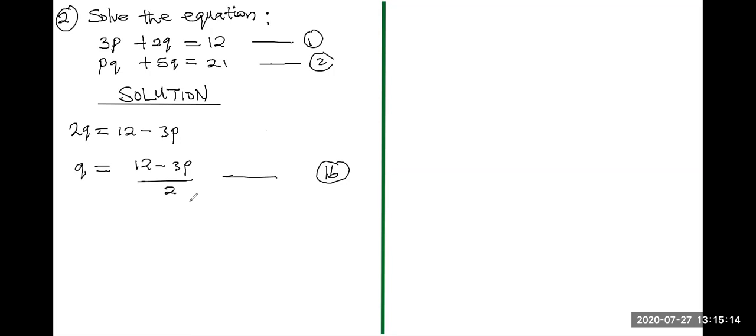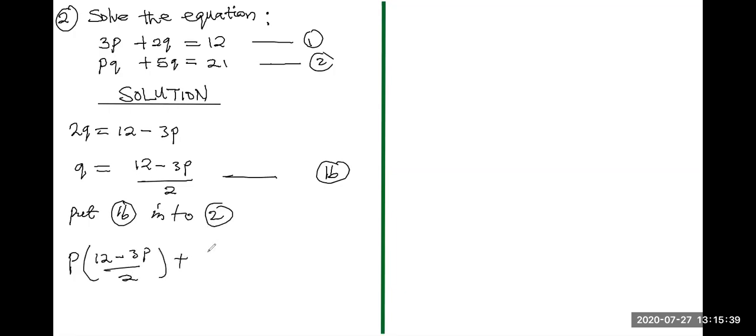So I will not go back and put it into equation 1, but I'll put it into a different equation altogether. I will now put 1b into equation 2, which is a different equation altogether. So I will now have p multiplied by q, and my q is what? 12 minus 3p over 2, plus 5q, 5 multiplied by again 12 minus 3p over 2,